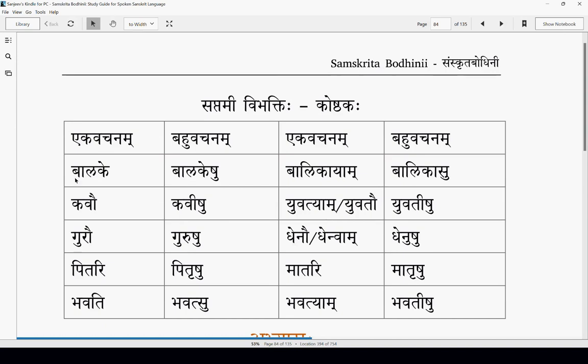Some other words here. Balake bahuvachanam we saw. Rameshu, balakeshu. Similarly, Naponsakalinga also here, vaneshu. Kavau, kavishu. Kavi is a pullingam, like harihi. So ekavachana becomes kavau, hari becomes harau. Kavishu, harishu. So if you want to make a sentence here, how do we make a sentence? Like, I have devotion or bhakti in Hari.